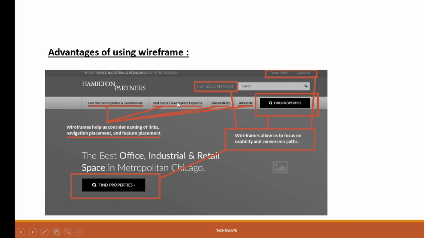You can see here we have multiple menu items like commercial, real estate, sustainability, about us, find properties. This way we can tell our BA, the business analyst, that we are going to develop it this way, so please suggest whether it looks good or we need to make some changes.